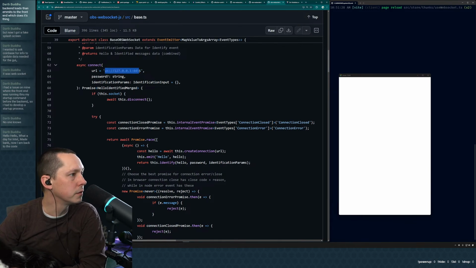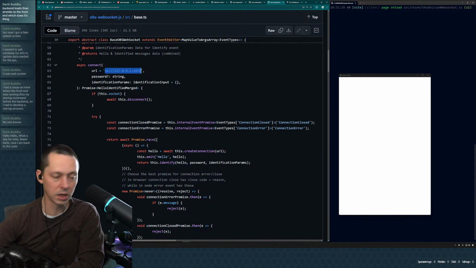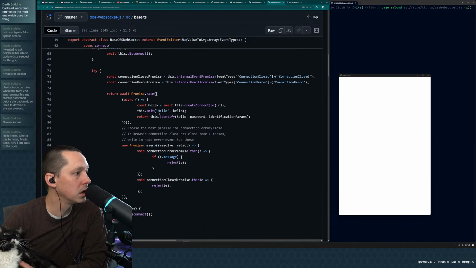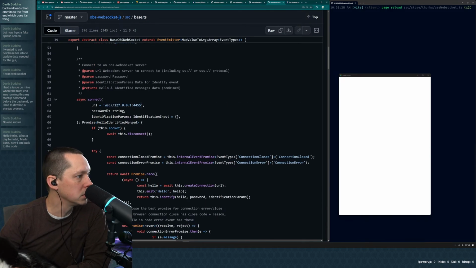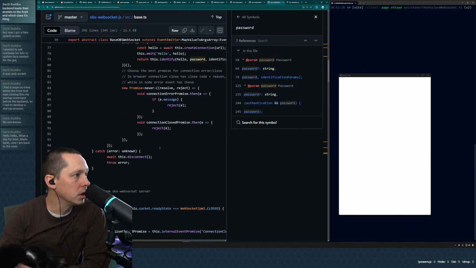All right. So they connect. It looks like this is the default port, and then they do a password. So the OBS WebSocket connection doesn't actually require a password, but you can set it. And I do, in my instance, have it set. So if we look and say password, where do they use it? In the connection,